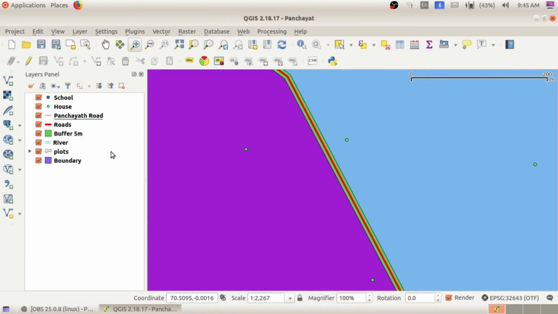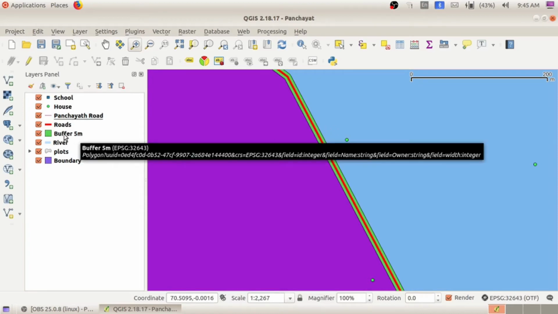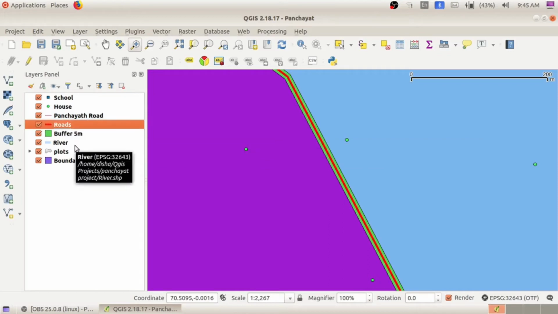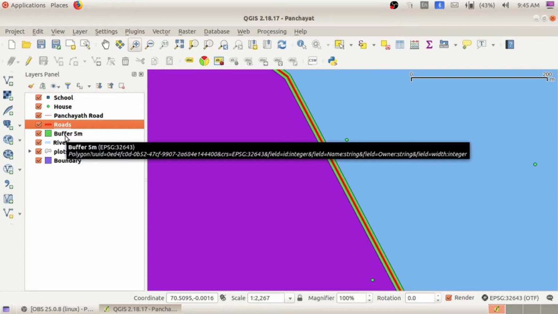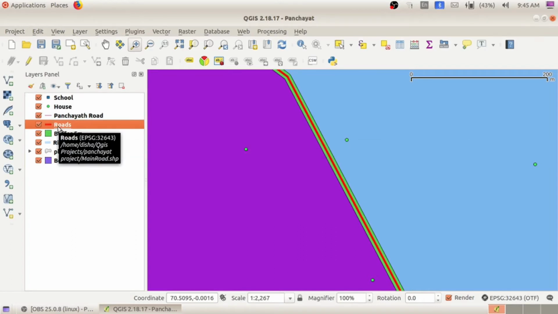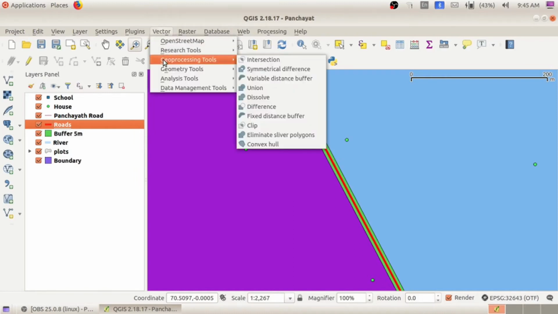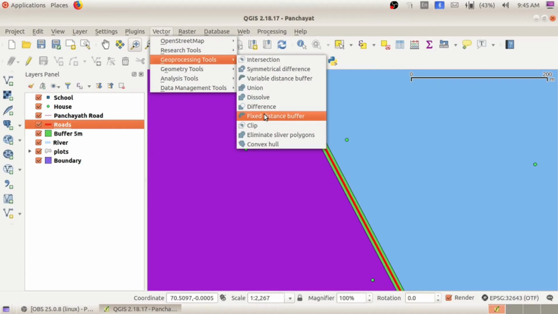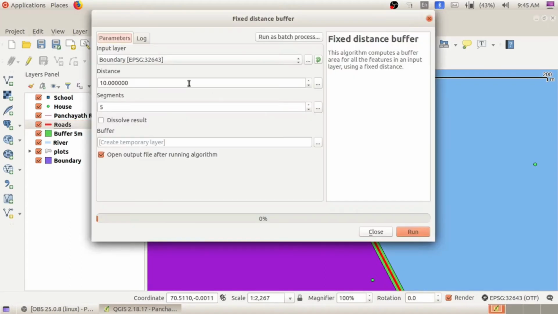Next we have to make another buffer road of 3 meters. How many houses got saved when we are limiting the width to 3 meters? So again click on the layer road, go to the vector option, in the same manner geoprocessing tool, fixed distance buffer. Here select input layer, again road.